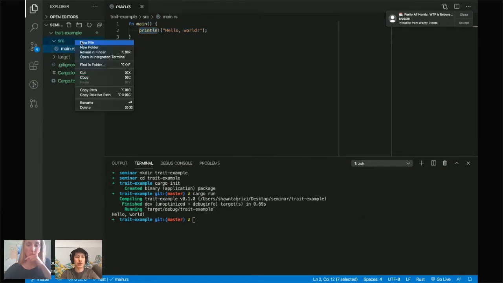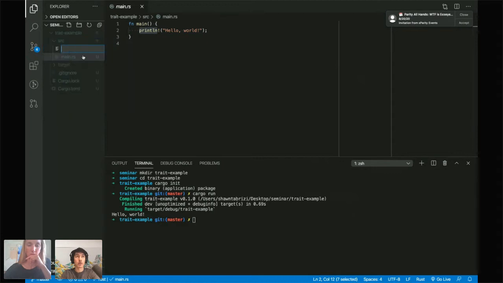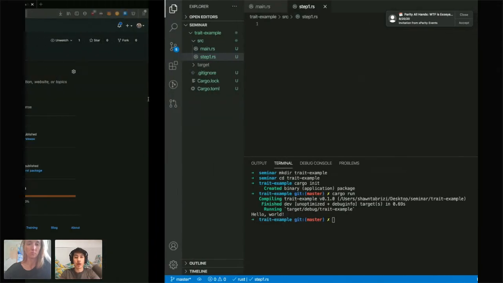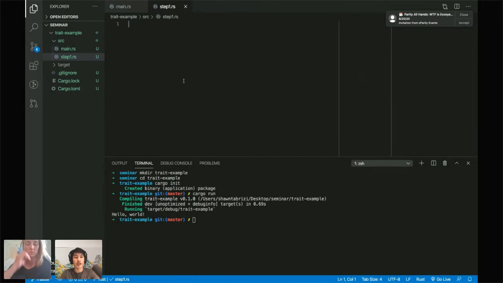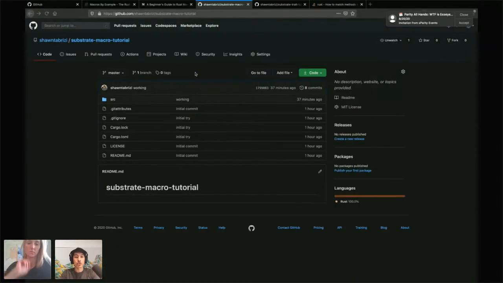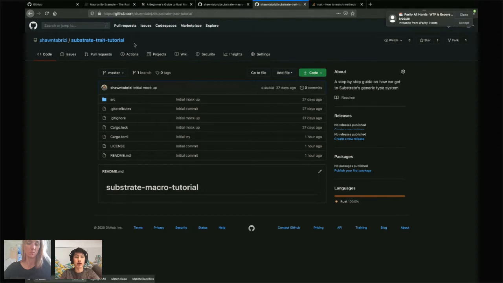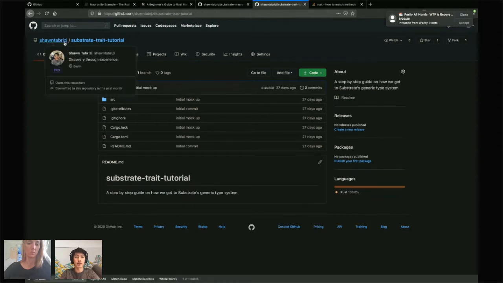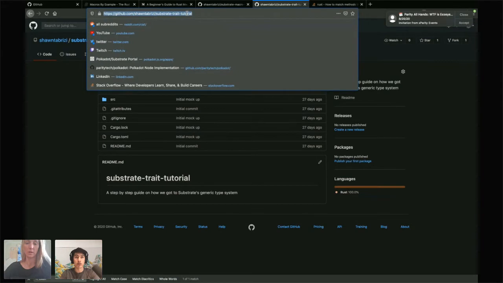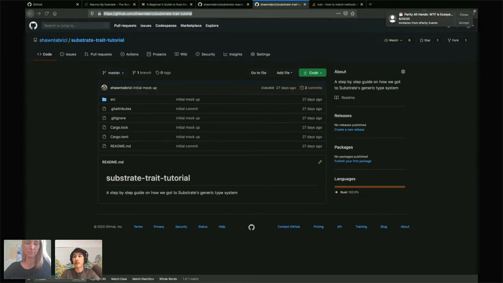But basically, to begin with, we're going to create a new Rust module. We'll call it step 1. Actually, before I even get into all this, maybe I should say real quick that if you want to follow along, or if I'm coding too fast or there's something you want to look back at, I have 2 projects which will cover the 2 things I'll be talking about today. If you go to my GitHub, which is Sean Tabrizi, maybe we can link this in the chat real quick. Okay, yeah, I can link it if you can't. Yeah, I'll link it real quick.